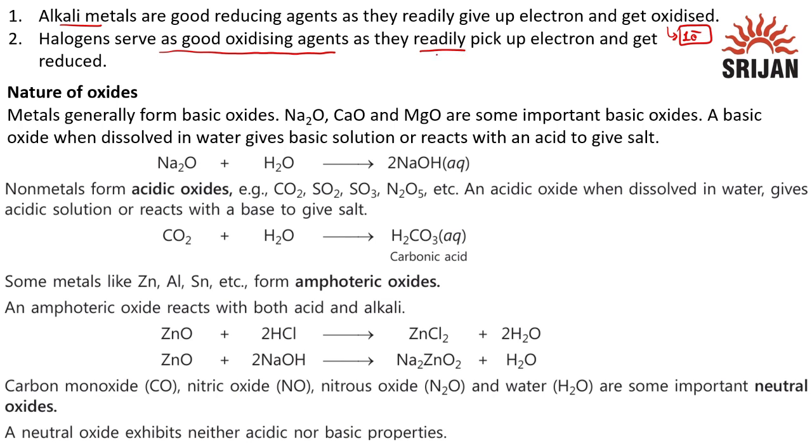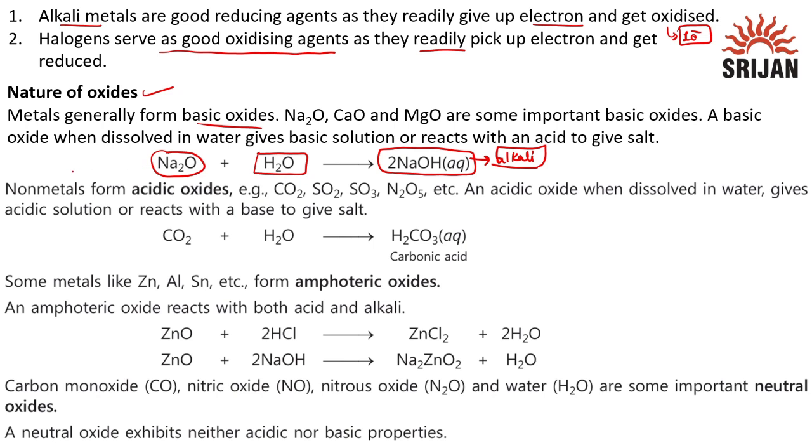That's why they act as an oxidizing agent while the alkali metals act as a reducing agent, right? Now talking about the nature of these oxides. Metals generally form basic oxides or sometimes amphoteric oxides, right? You can see here sodium is a metal. When it forms an oxide and this oxide is reacted with water, it forms a strong base or alkali, that is NaOH, sodium hydroxide, that is an alkali, that means a water soluble